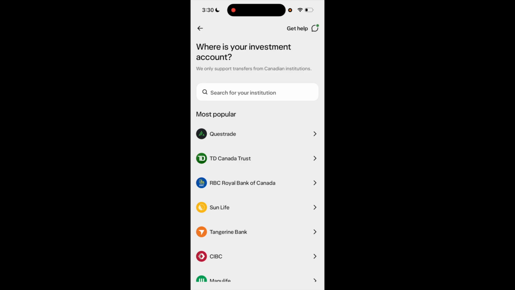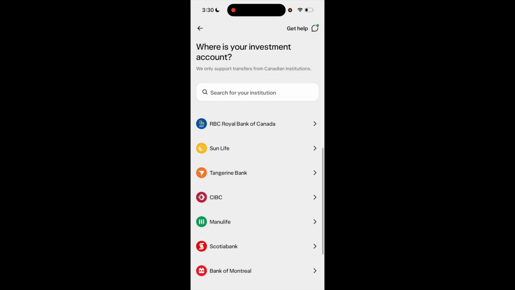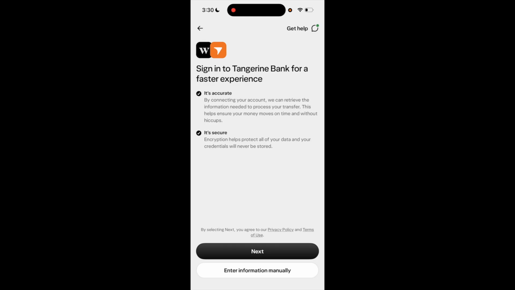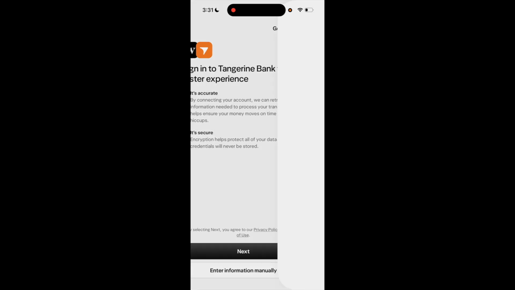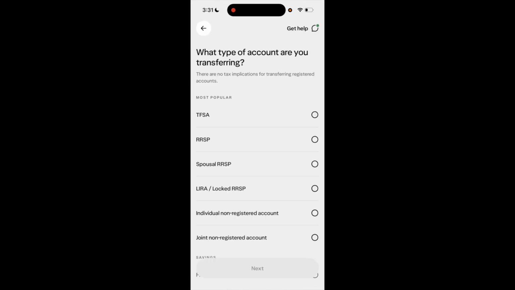Once you're here, under most popular, if you scroll down, you should find Tangerine Bank. Once you see it, select it. Now you can sign in to the Tangerine Bank app for a faster experience, or if you don't want to do that, you can go to the bottom and enter the information manually, which is what I will be doing in this demonstration. And because we want to transfer over an RRSP account, make sure that the RRSP is selected